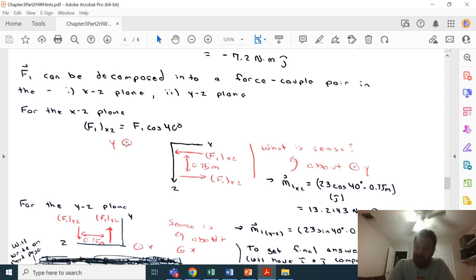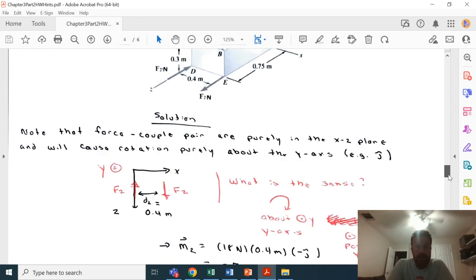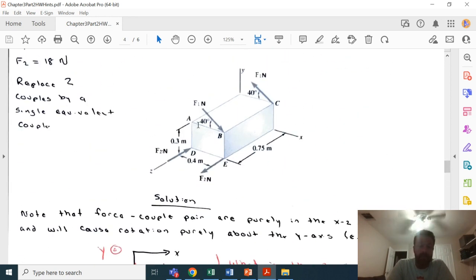So since it's counterclockwise about the positive y-axis, we'll denote that rotation as positive j. So when we add all these vectors together eventually, this vector and this vector are going to destructively interfere, because this is inducing counterclockwise rotation about y versus the top pair, which is inducing clockwise rotation. In order to finish this problem off, though, you need to decompose this vector into the components in